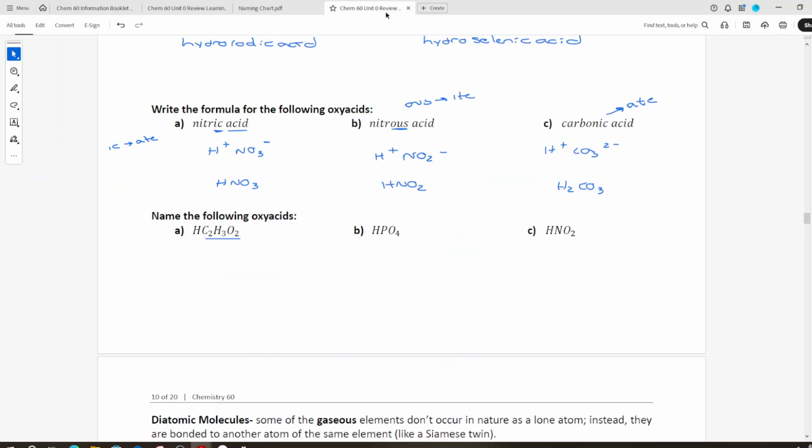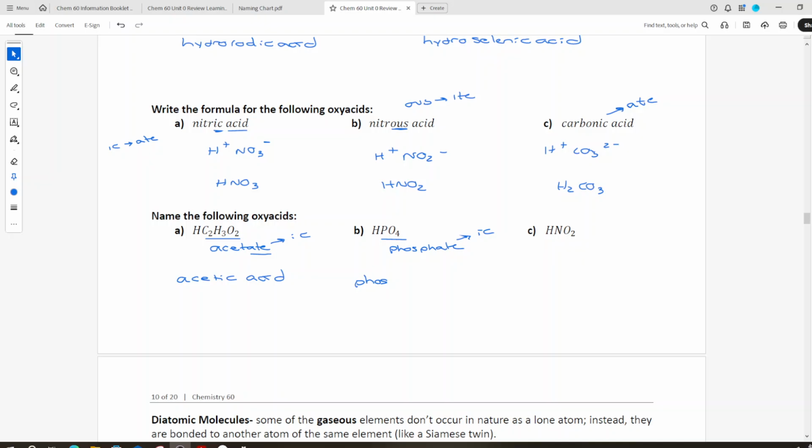So let's go back to our note, and we're going to call this acetate. Now, again, it's oxygen containing, so the 8, I ate it and it was icky. You're going to call this acetic acid. Okay, this one, this is phosphate. I ate it and it was icky. So this is going to be